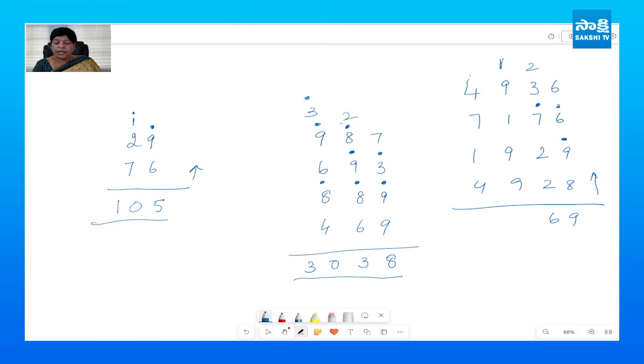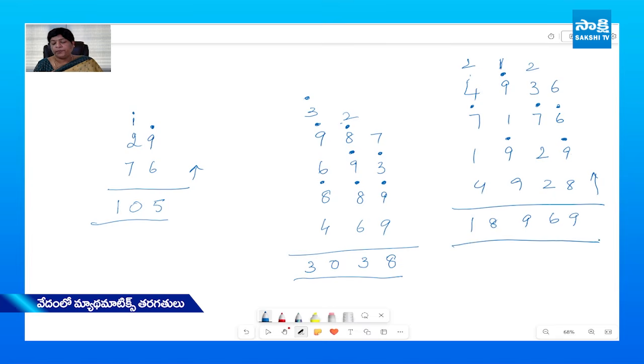9 plus 9 is 18, so I place a dot right on top of 9 and 8. 18 is represented as dot plus 8. 8 plus 1 is 9. 9 plus 9 is again 18, so dot plus 8. 8 plus 1 is 9. 2 dots, 2 carry. 4 plus 1 is 5. 5 plus 7 is 12, so dot plus 2. 2 plus 4 is 6. 6 plus 2 is 8. There's a single dot, so there's a carry of 1.